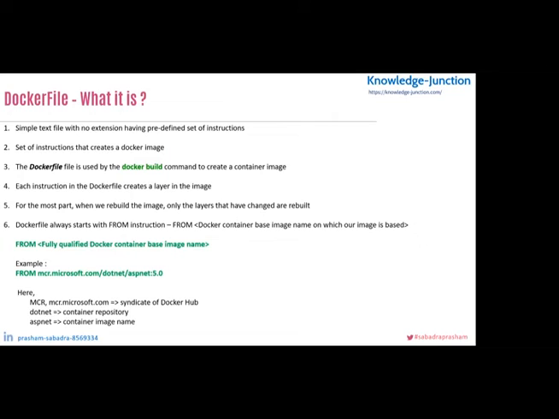This is a simple text file without extension. This file is required by Docker commands, say the Docker build command, to create the images. What does this file contain? This file contains a few instructions to have those Docker images in place. This file always starts with the FROM instruction. So it's a standard syntax, FROM and the base image name, from which the image which we are creating will be derived, inherited from.